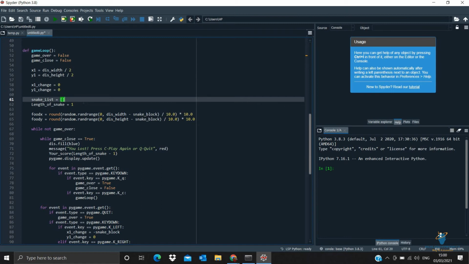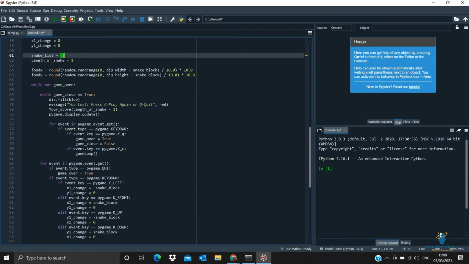And then you ate 10 food and your high score was 10. Then what is the actual size of your snake? The actual size is nothing but 11. Why? The default length of the snake which we have given is 1, plus the score which we have made, that is 10. So 1 plus 10 is equal to 11.